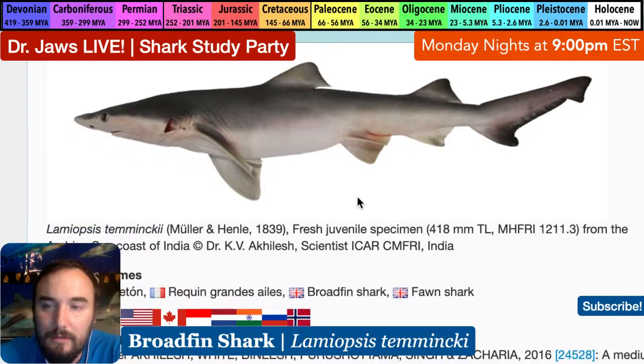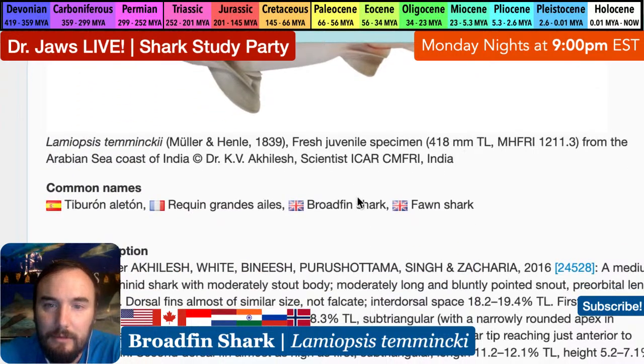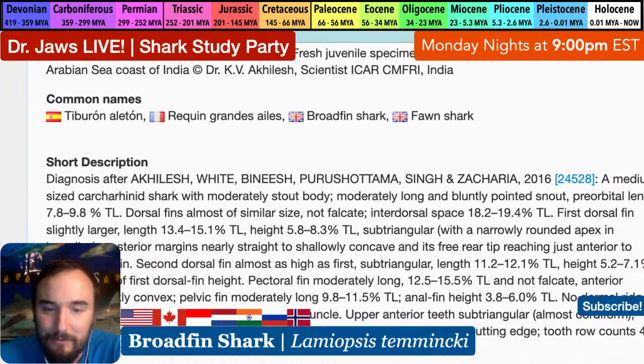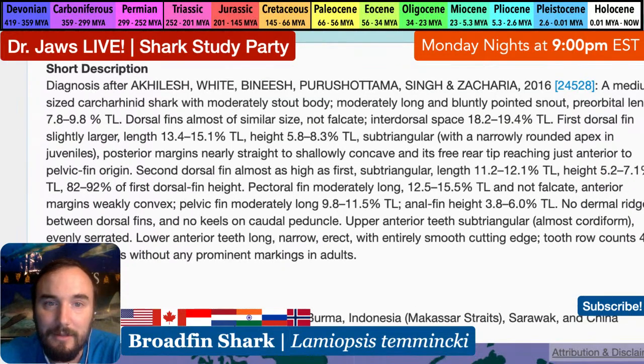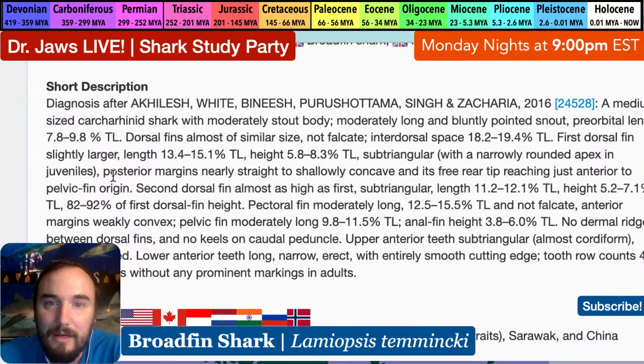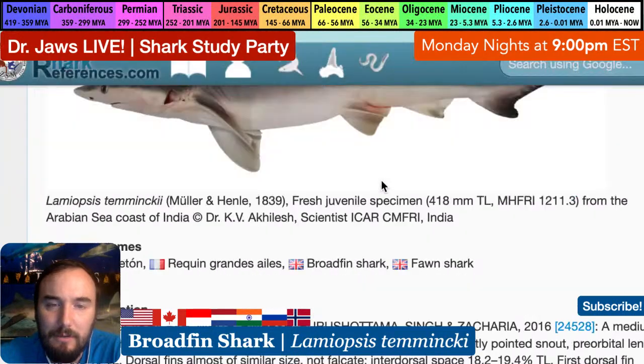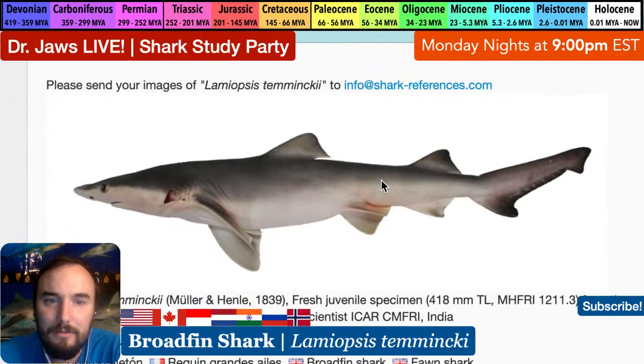The interesting names of the species include broadfin shark and the fawn shark. So a very interesting English name. We also have Tiburon alaton and then Requiem grandes ailes. I really should learn French someday, because I would make this sound much prettier than it is. So we already have the description. We don't need to go into details, because I do think this is a pretty